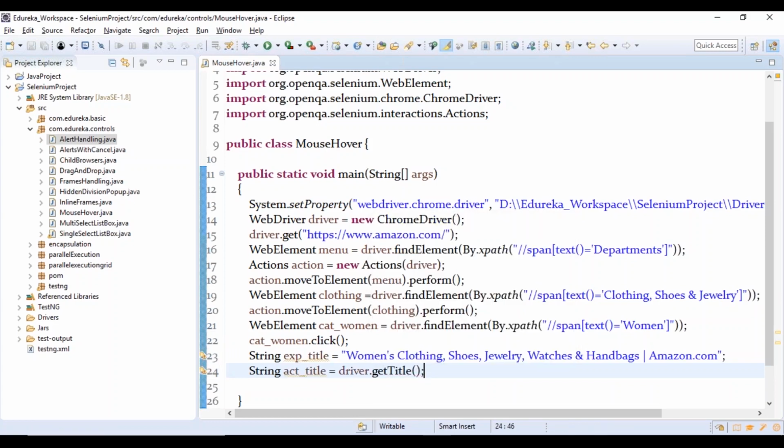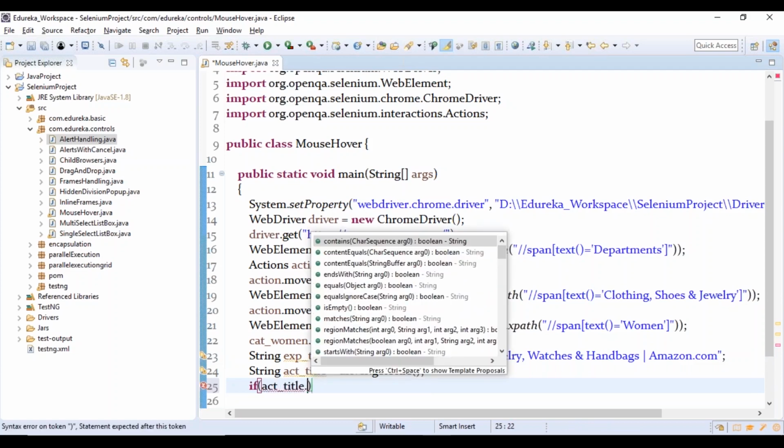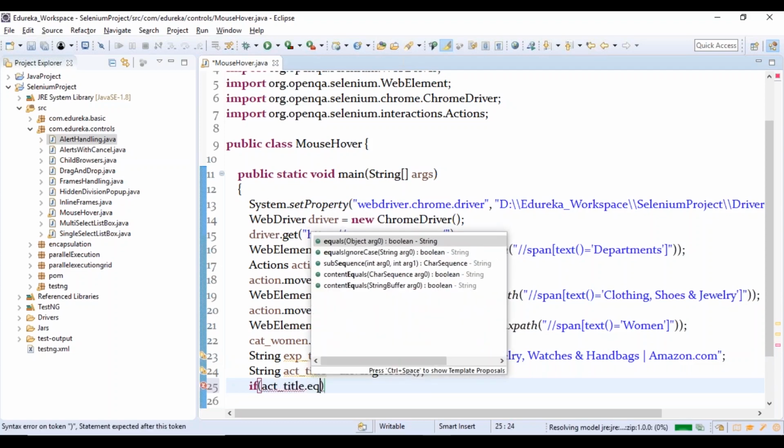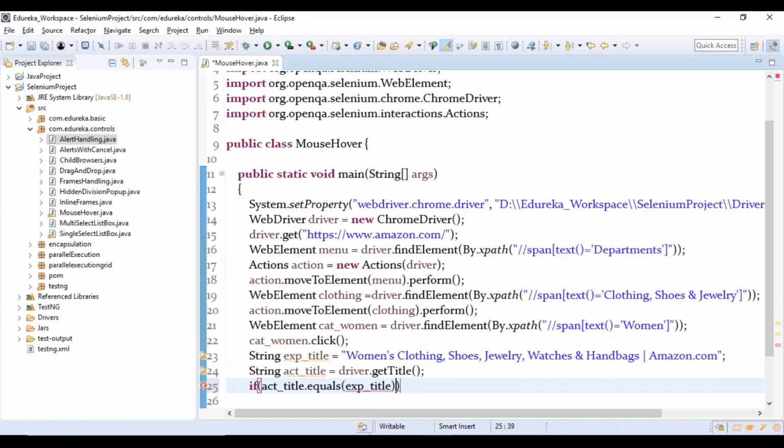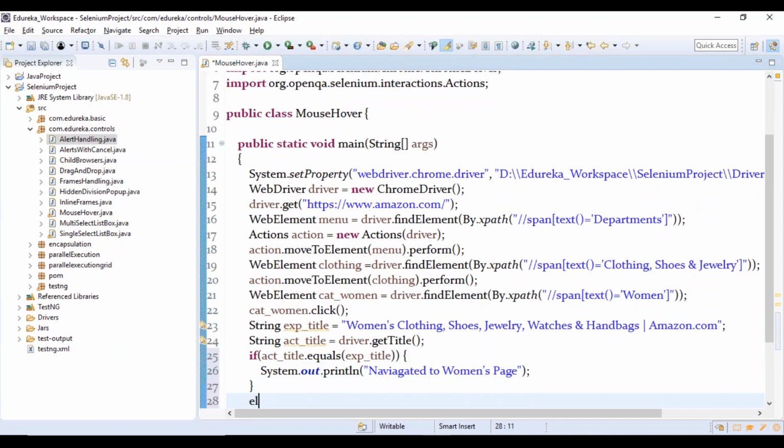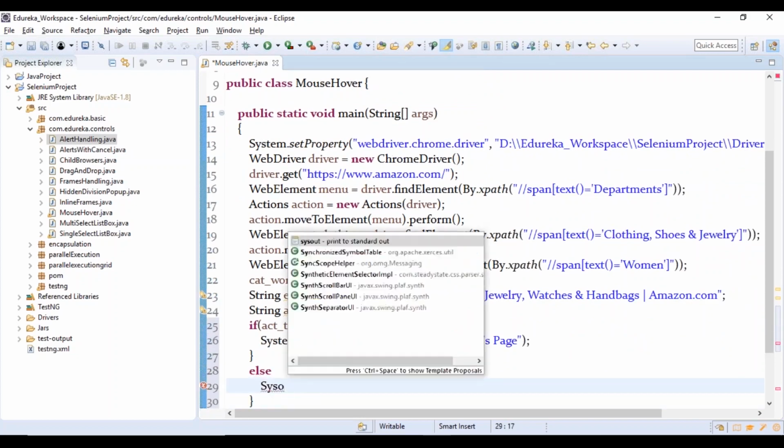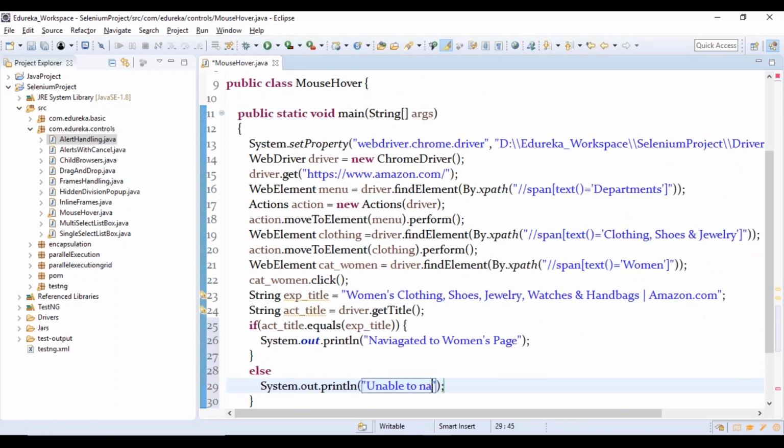Once I'm done, you say if actualTitle.equals(expectedTitle), then you say navigated to women's page, else unable to navigate to the specified page, right? So this is how we are going to perform.